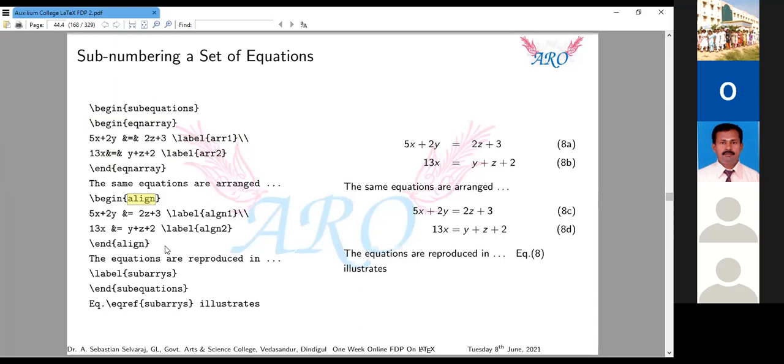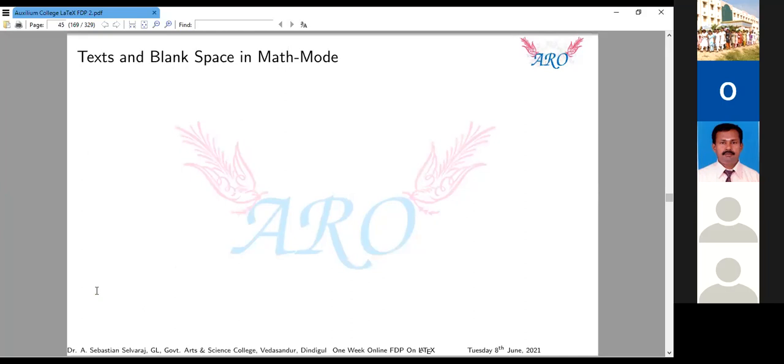It gives 8c and 8d. So the command is subequations. This gives sub numbering for the equations, like a subfigure. Then, suppose you want to get some empty spaces within the equation, in the LaTeX editor it's not possible.